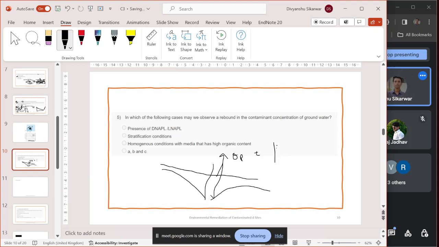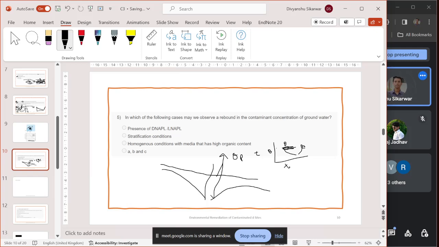For example, there is some Q concentration coming for T amount of time, and with time that concentration starts reducing, and if we stop the operation for some time, then again there will be some Q2 concentration in the water,